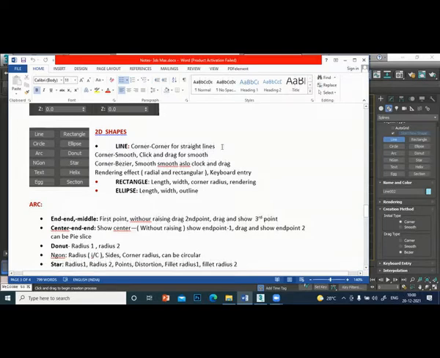That is, initial type and drag type will be corner, which means straight line. Corner smooth. In that case, you have to click and drag for a smooth line.